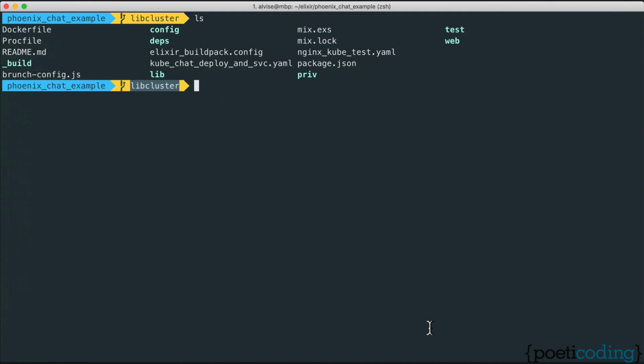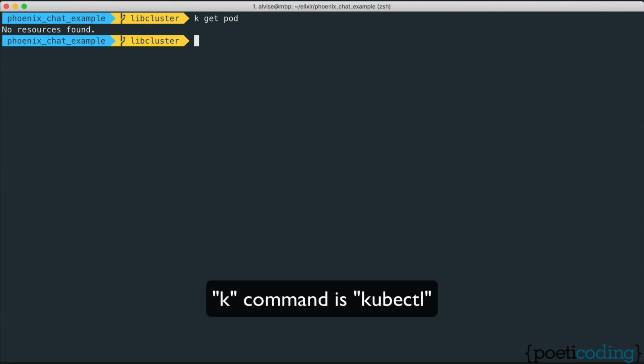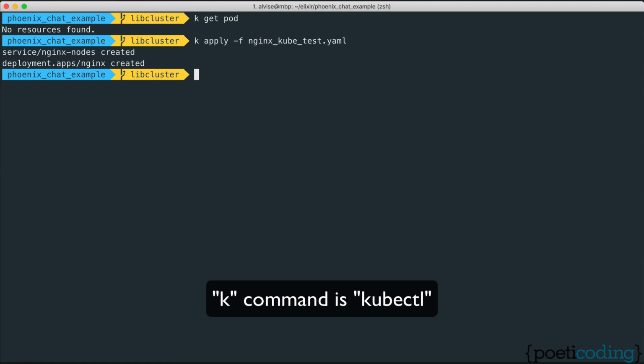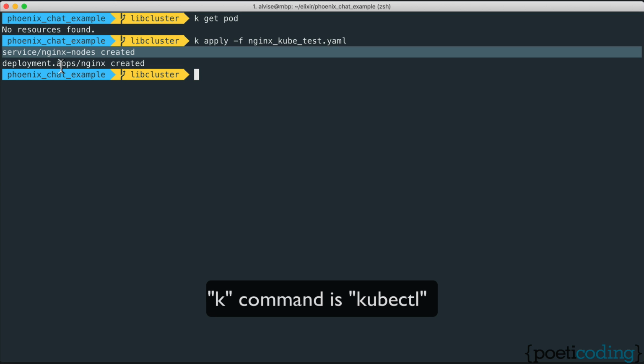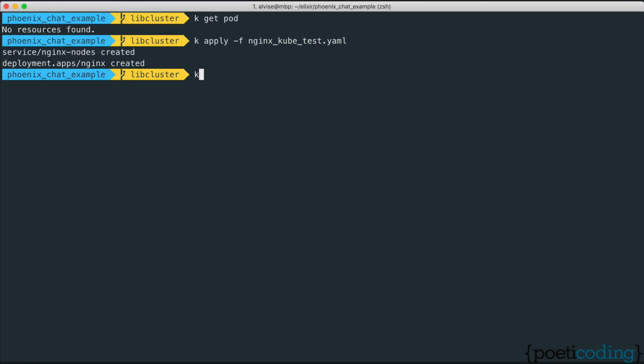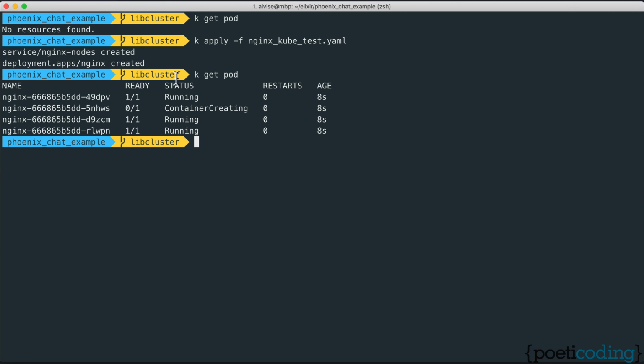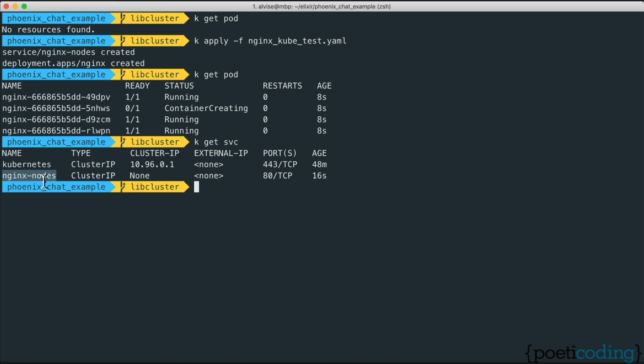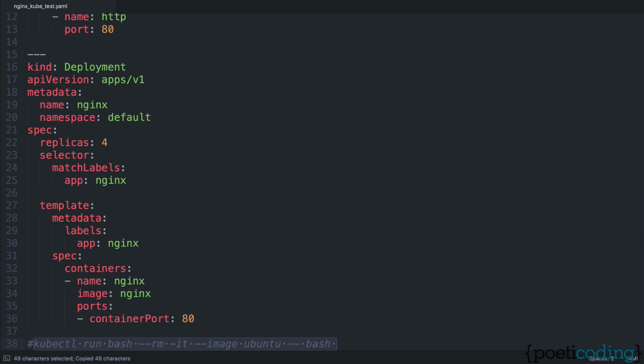these nodes. As I said, I'm going to use my local Kubernetes setup, so I'm going to apply this. What it does is it creates the service and it creates the containers, actually the pods. Okay, we have 4 pods running, and we have our headless service. You see here the cluster IP doesn't have an IP. And to see what it does, we are going to use